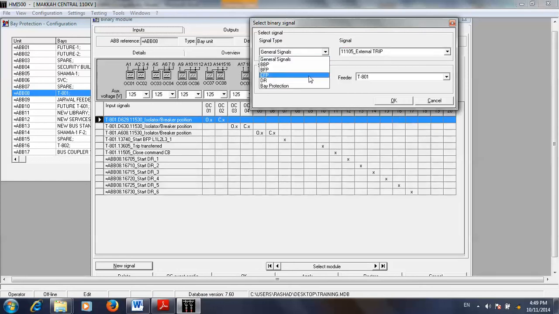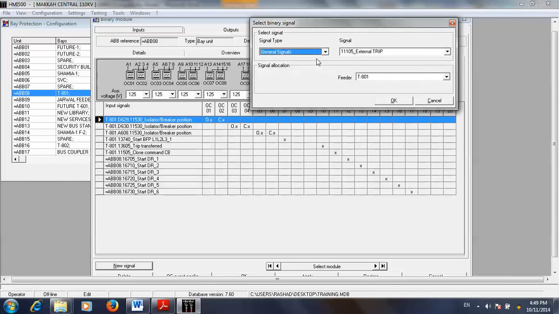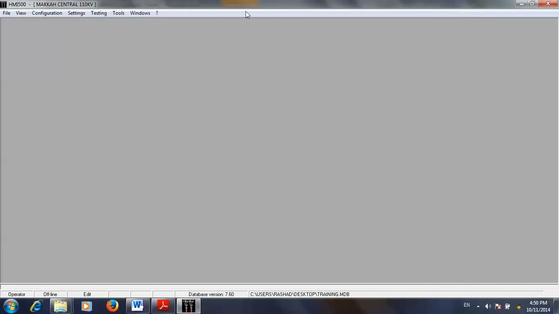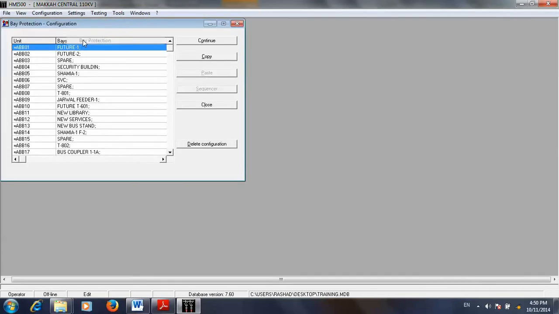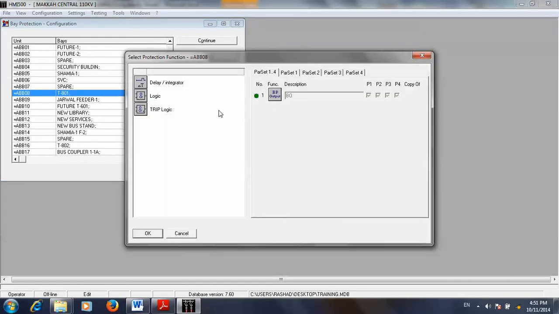Here, sorry, bay protection. Where is the signal? Signal not available here. Again, we'll open this one, setting, bay protection. Oh, this one is not saved, sorry, we will make it again. And the gate, we'll say this one,